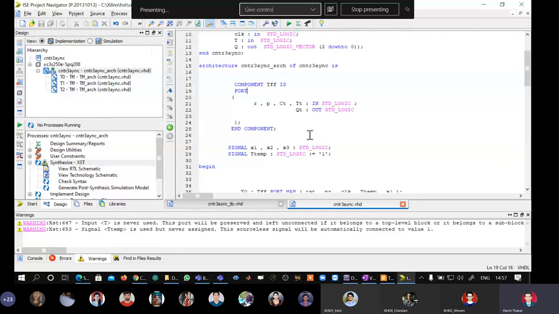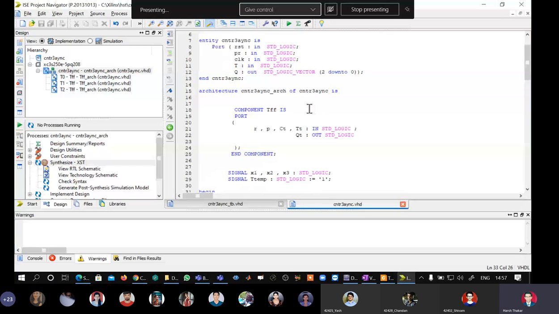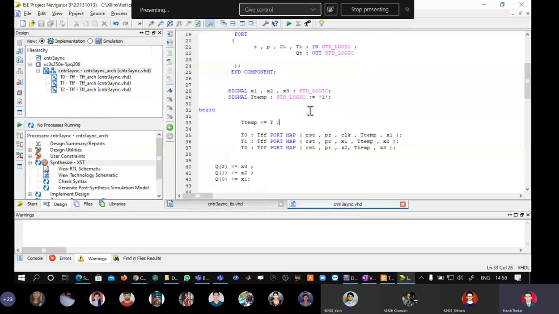So now, sir, I am saying that you assign T temp the value of T after begin, in line 32. So T is there, T temp is there.